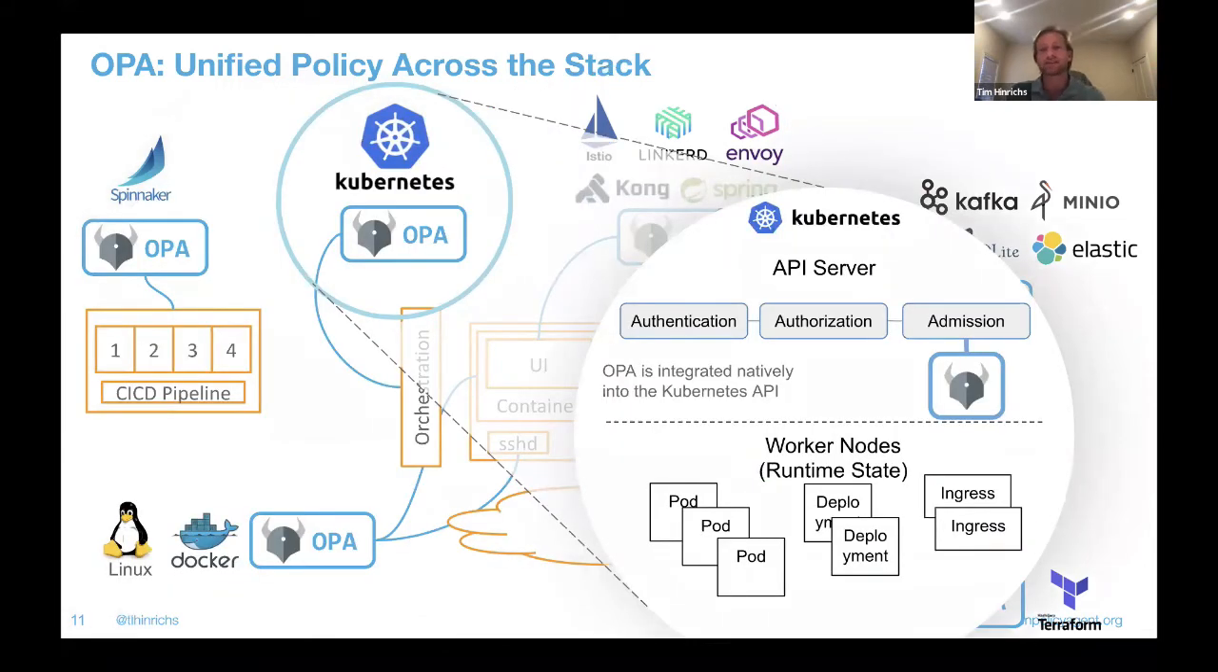Let's look at another example integration. This time it's with the Kubernetes API Server. The popular integration here is using OPA to make policy decisions as part of the admission control process that Kubernetes supports natively. So the way this works is that each and every time the user tries to make a change to the resources running on a Kubernetes cluster, that request goes